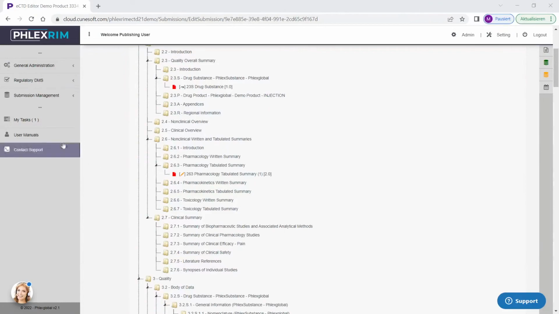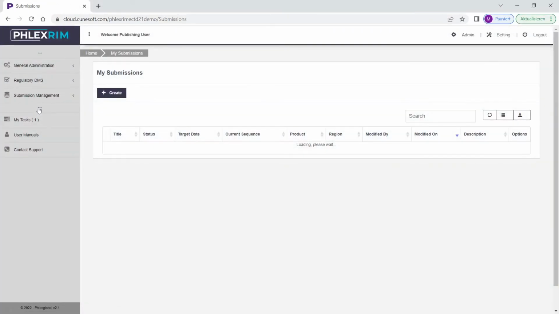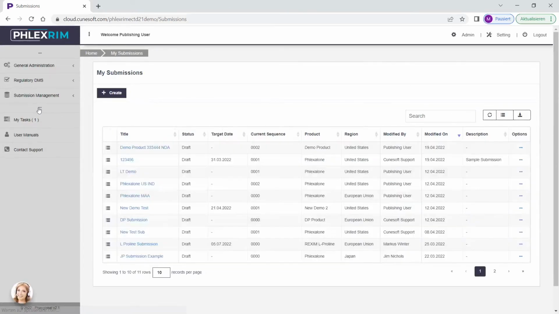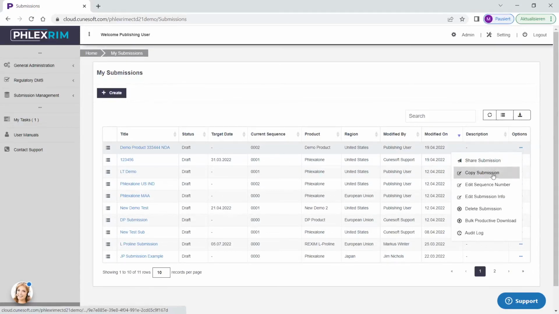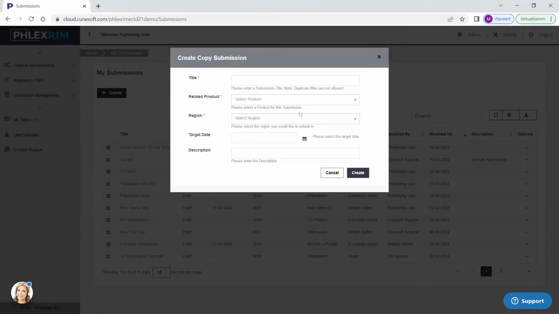And I'll go back to my submissions and I'll show you how I can take this submission that was created for the US as a starting point and create and reuse all of this work for another region. So if I use the option copy submission and I call the copied submission, for example, Canada demo product 333444,